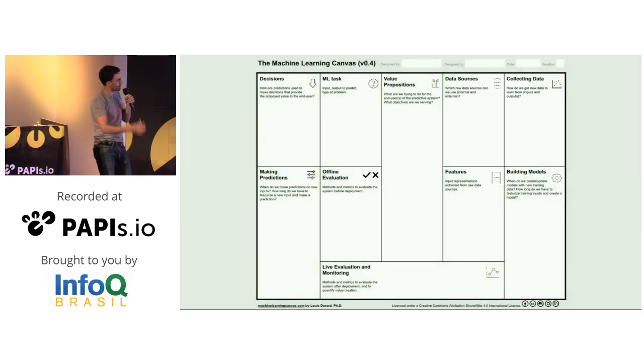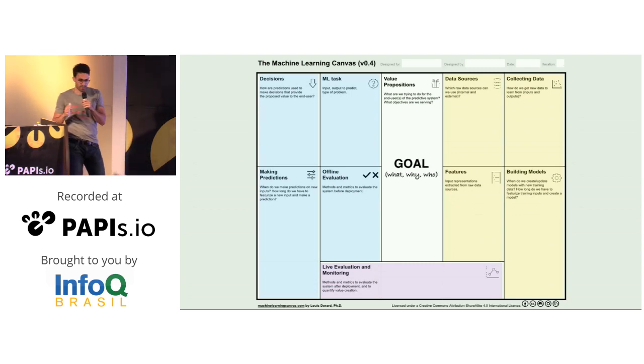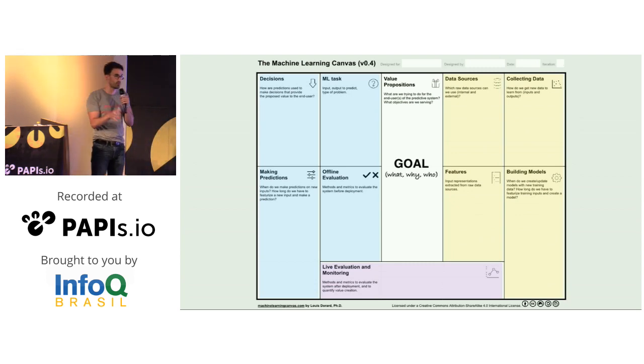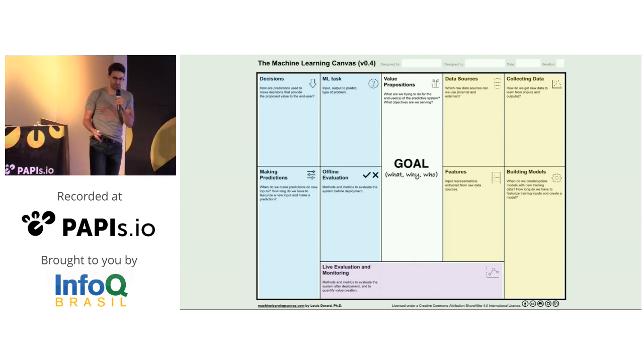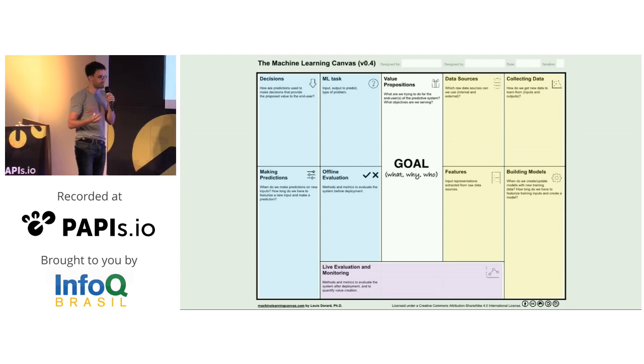And there is a structure to this document, which is the following one. So starting at the very center with the goal, what you're trying to do, why you want to do it, and who you want to do it for. I think that it's very important to also think about the who, because there's always someone, there's always a user of your system. There's always an end user. And many times discussions that you have about machine learning applications don't really go forward because it's not clear who the user is, who the value proposition is for.